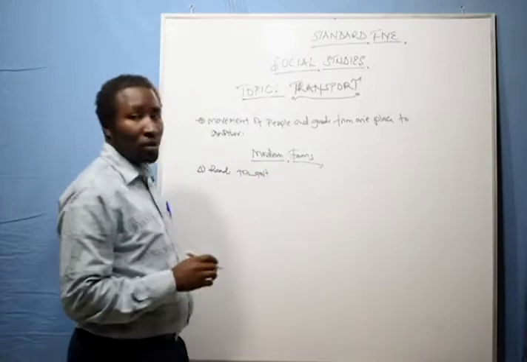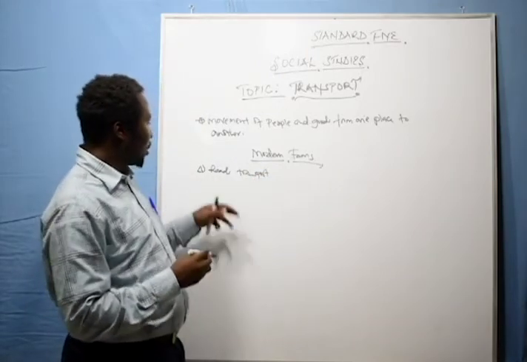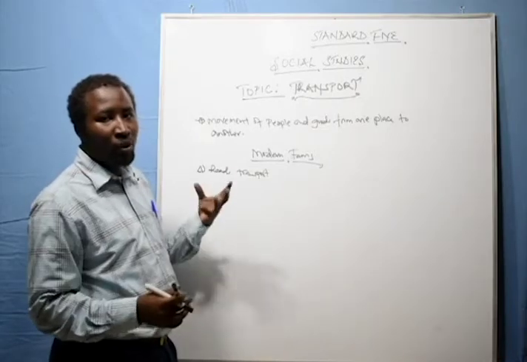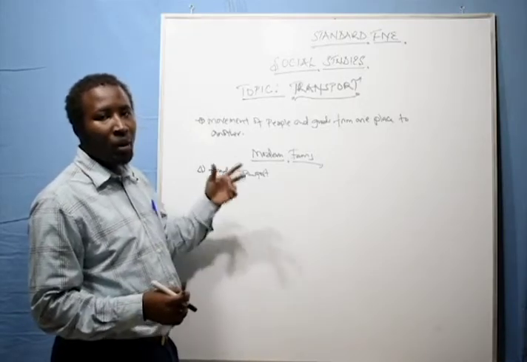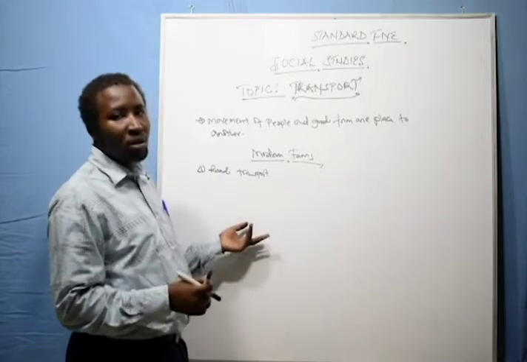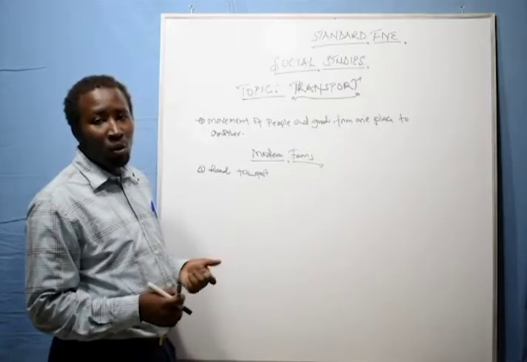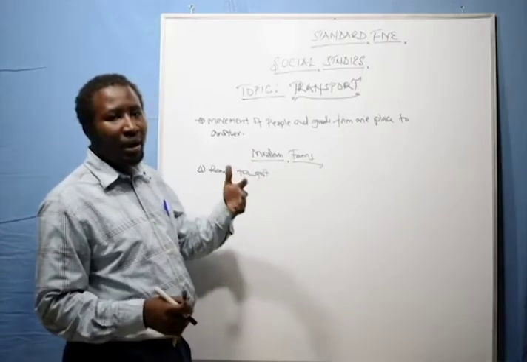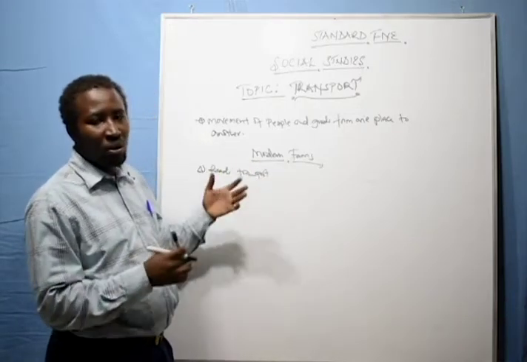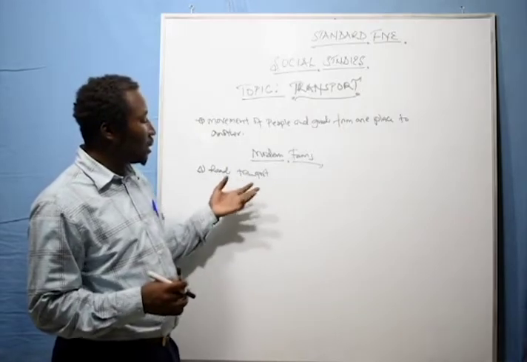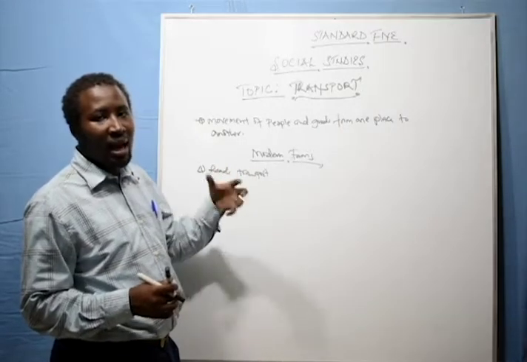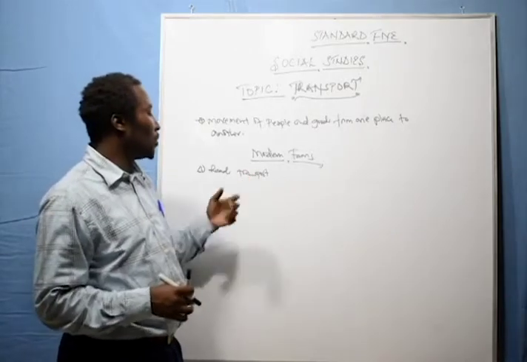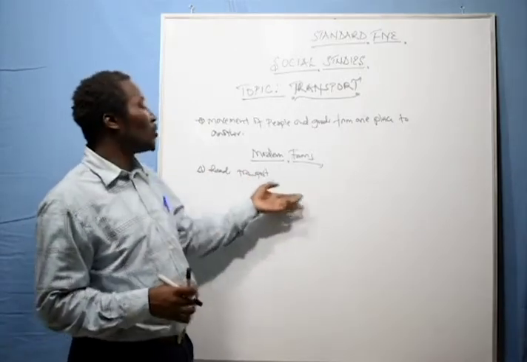So road transport, one of the types of transport. Now, for the transport, we have different kinds of roads. One, we have what we call the tarmac road. We have the all-weather surface roads, and we have the dry weather roads. Now, some of our roads are tarmacked, like the ones you find in towns, well tarmacked. What we mean by tarmac is that tar has been used in mixing and making a very good ground for transport.